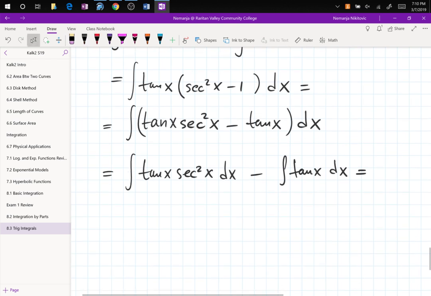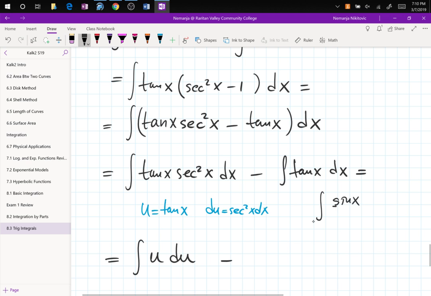For the first integral, I can use u sub because the derivative of tangent is secant squared. So we are keeping that in a bank for du. So I have u equals tangent x, du equals secant squared x dx. So the first half of the problem is simply the integral of u du. Minus, now the second integral here is the integral of sine x over cosine x dx, because the way to integrate